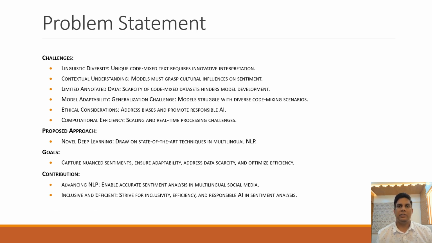Let's delve into the challenges that form the crux of our research in sentiment analysis of code mixed text. Each challenge presents a unique hurdle that we must overcome to enhance sentiment analysis accuracy in multilingual social media interaction. The first challenge lies in the linguistic diversity of code mixed text. Unique language blending demands innovative interpretation techniques to decipher sentiments accurately. Standard sentiment analysis models struggle with the intricacies of code mixing, making it imperative for us to